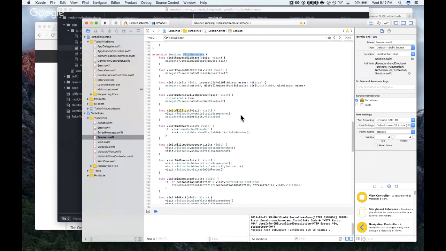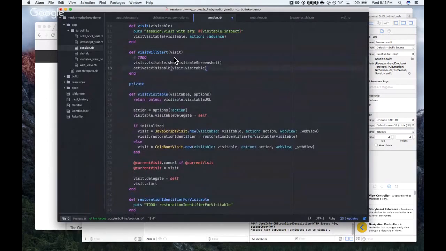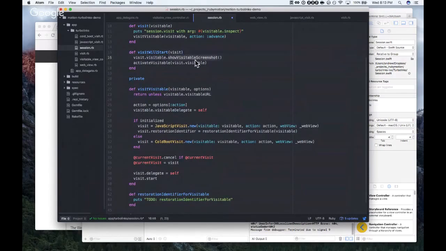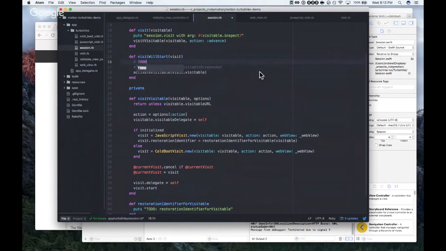See that visit delegate up there. So the implementation of this visit will start. Some interesting stuff. Visit.visitable.show visitable screenshot. And then activate visitable, passing in the visit.visitable, which must be another method within the protocol.